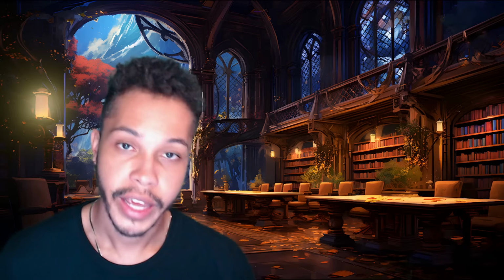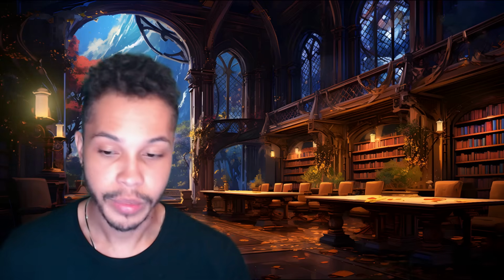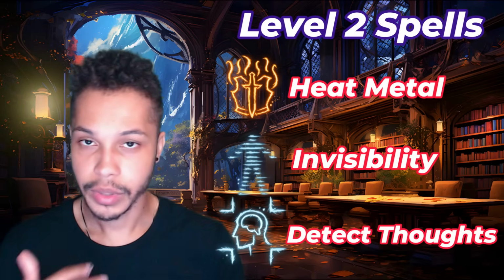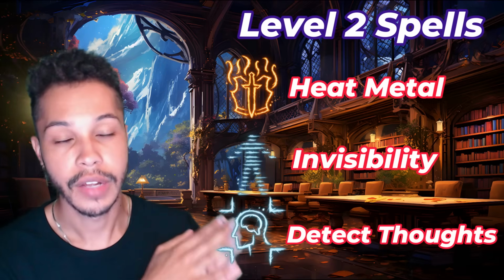One, we're going to get a cantrip. You can take whatever you want at this point. It really doesn't matter too much because you have your core cantrips. Two, for spells, you're going to get access to more level 2 spells. There's a couple different ones that you can pick. Here is a list of the couple ones that I like taking at this level, but again, the choice is